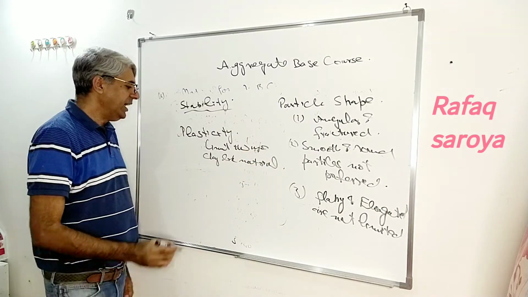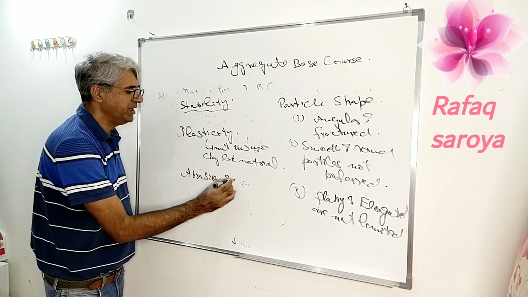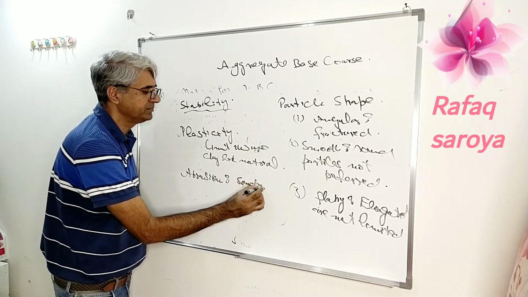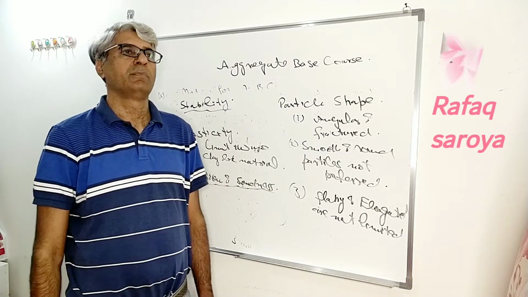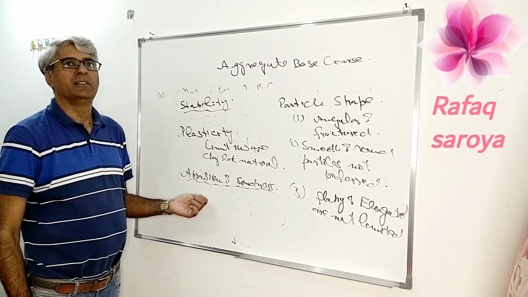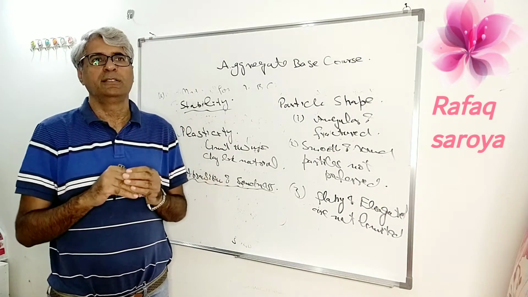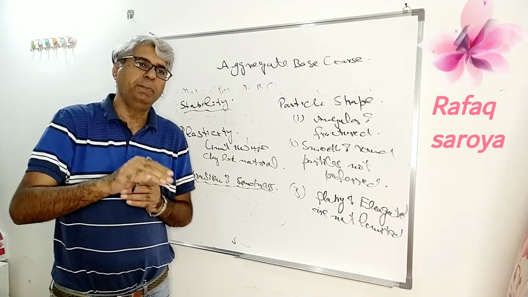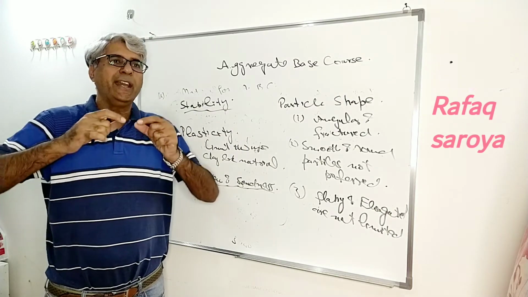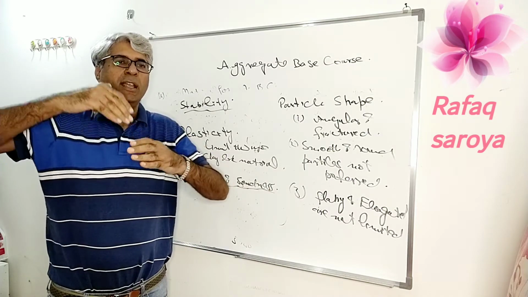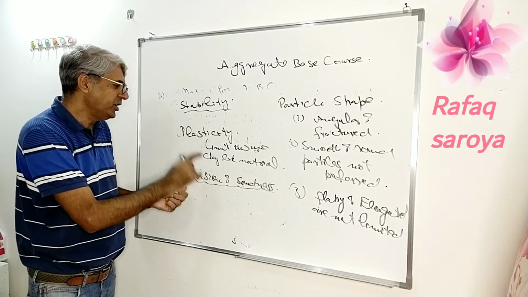Last one, abrasion and soundness. Now the question is, what is the meaning of abrasion and soundness? This is my last property. Abrasion means that during the service or during the laying period, aggregate should not disintegrate. Aggregate should go through compaction, it should form a proper bond, but it should not break down. So this is known as abrasion.